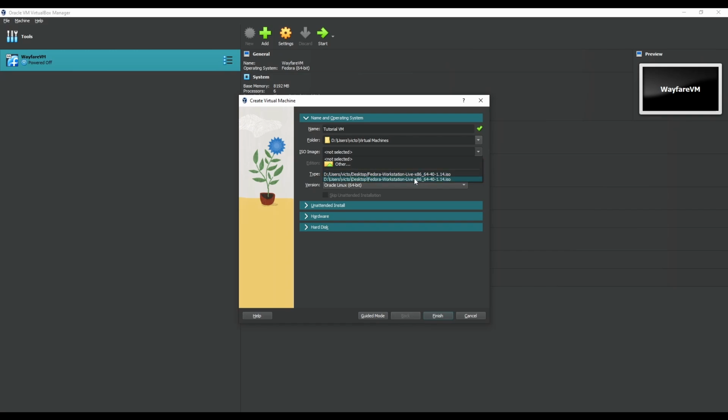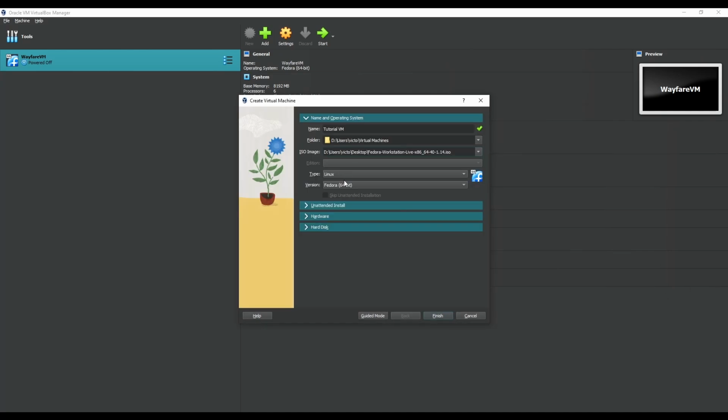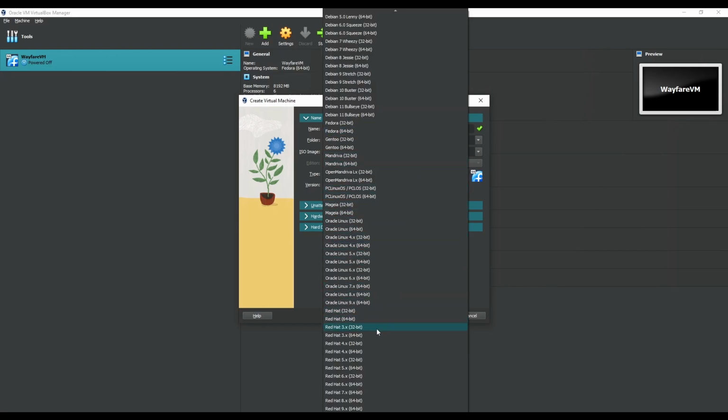Now, as you can see, I got a few ISO images right here. For you, you will most likely only see Not Selected and Other. So click on Other. It will open up a window here, and then just navigate to where you saved your ISO image and select it. And as you can see here, if it can, it will automatically fill in the type and version for your ISO. If it happens to get it wrong, you can go to each of these drop downs and change it to the appropriate one. So this is obviously Linux, and then down here, as you can see, we've got a